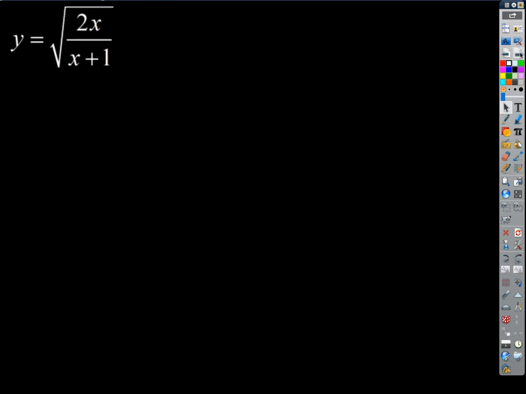So what about that? Just more chain rule practice. So at the outermost level, what is that? Square root, yeah, square root of something. Now inside the square root, when we dig inside that first layer, we got a quotient. But the outermost level is just a square root. So if we calculate y prime here,